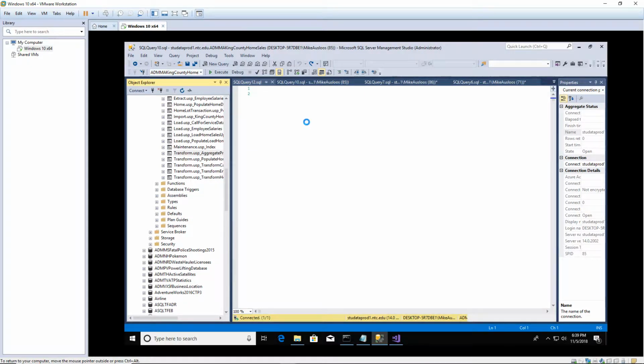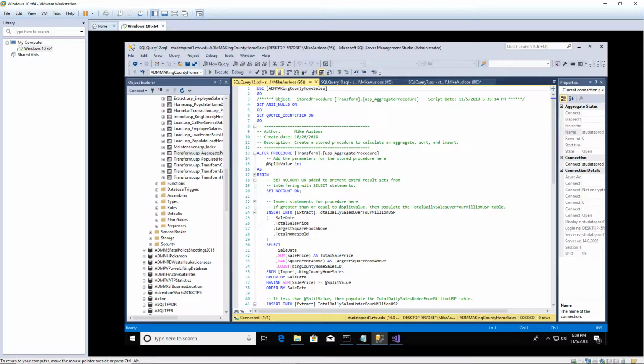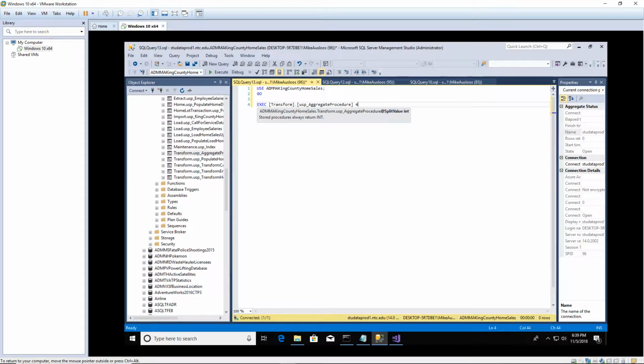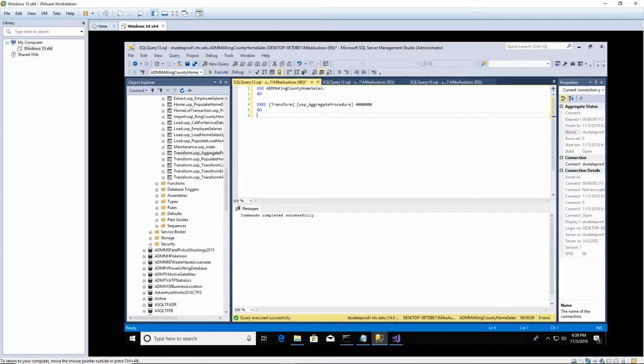I thought I had cut and paste, but I must have overwrote that. So we'll run the split, and